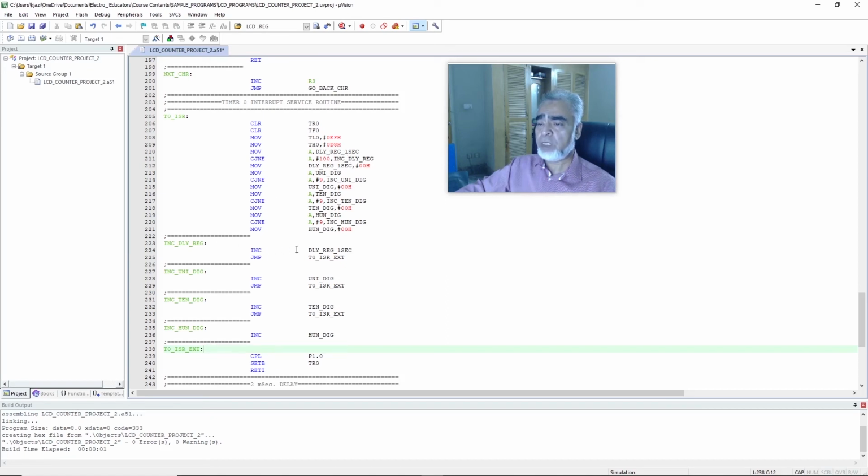It will increment the delay register 1 second and will jump to the T0 ISR exit, and here it will complement the port 1.0 and set bit TR0 to start the timer 0 once again, and will return from the interrupt service routine. But if the value of the delay register 1 second will be equal to 100, then